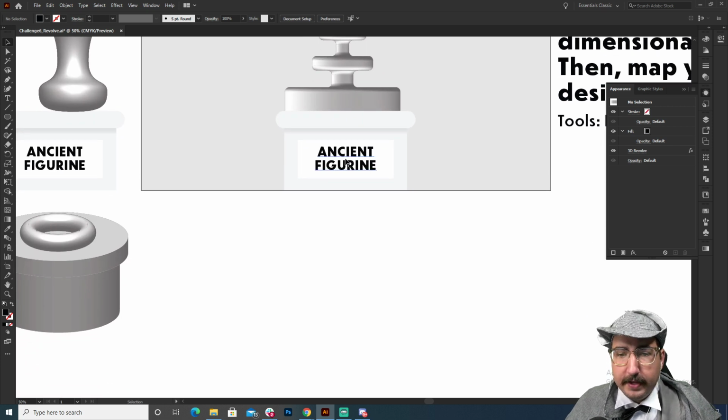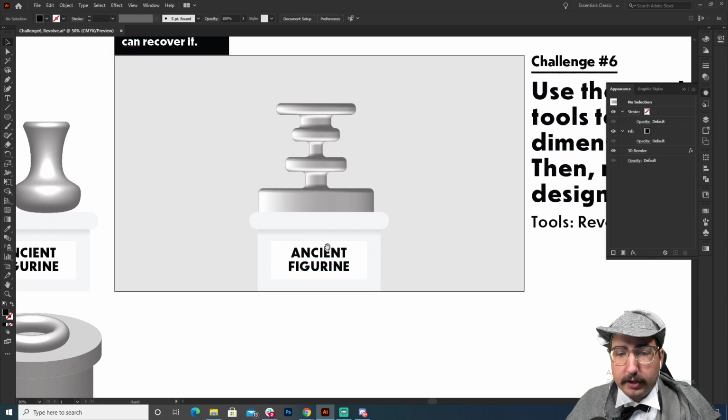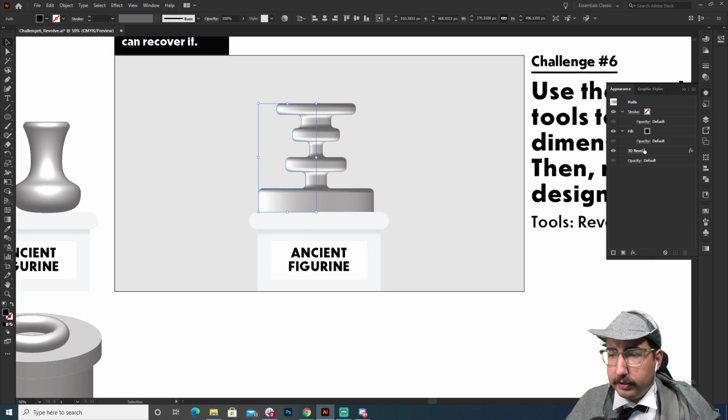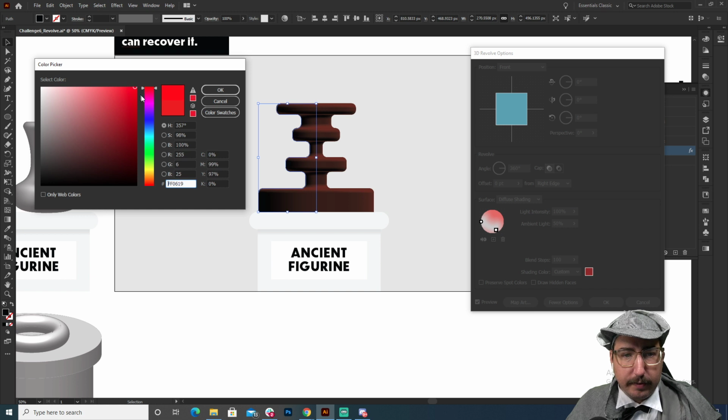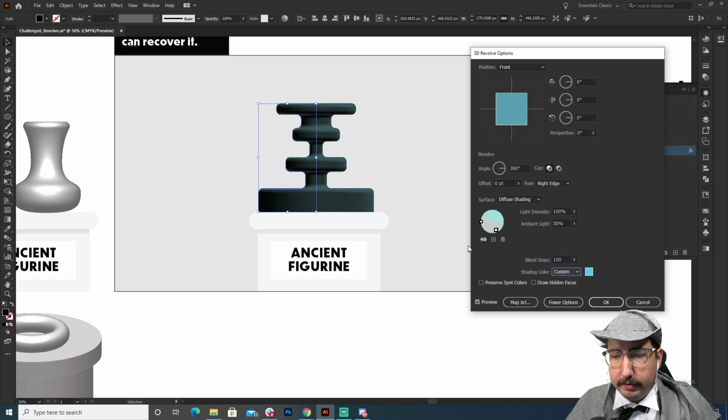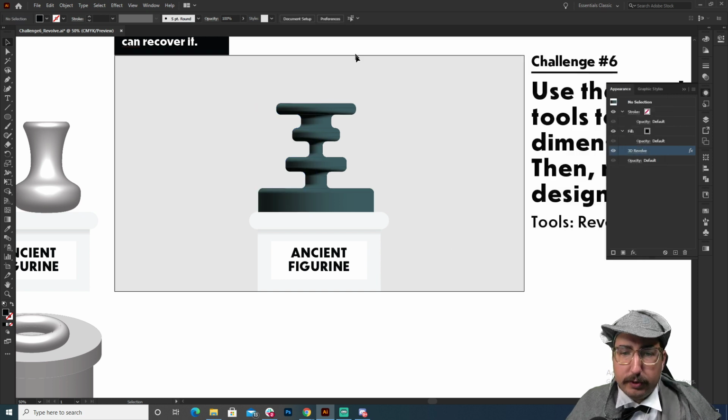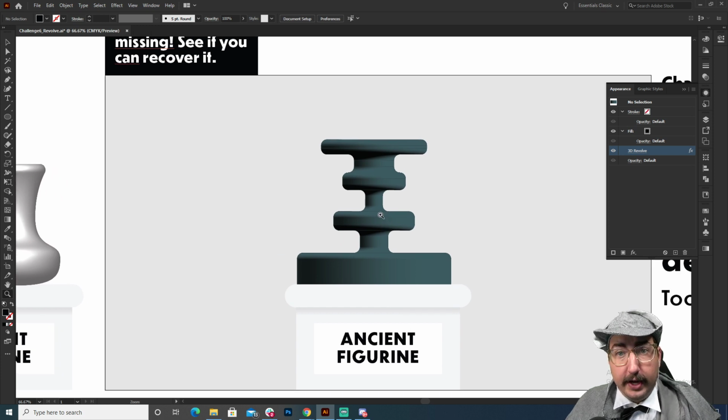What we're going to do is, oh, is it possible to use color? Yes. Sorry, I'll show you that real quick. So let's go to 3D Revolve. And here you can change the shading color to custom. And we can change it to whatever we want. So we can do pink. Actually, let's do blue. Let's hit blue there, and I'll have that nice blue. And we'll pull these down. All right, cool. So that lighting is pretty cool. So yes, you can change the color. All you need to do is change the shading to custom, and then you can change out what that color will be with the lighting.